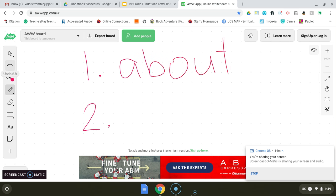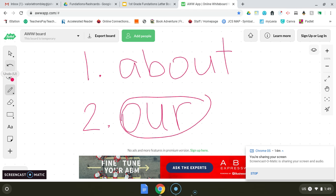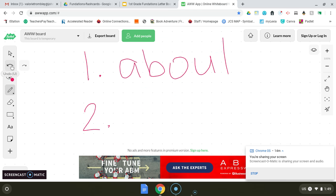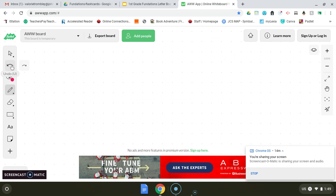Number 1 is about. And number 2 is our. Make any corrections if you need them. If you want to mark them, you can circle each one as a trick word. And then I have one super quick sentence. Repeat after me. Bob got a sunfish last time. Bob got a sunfish last